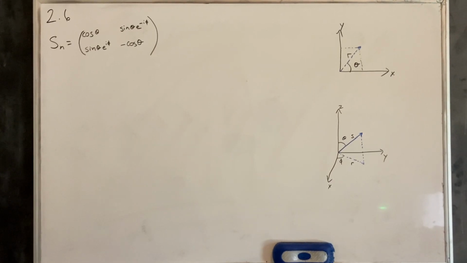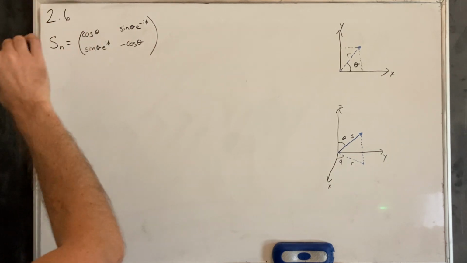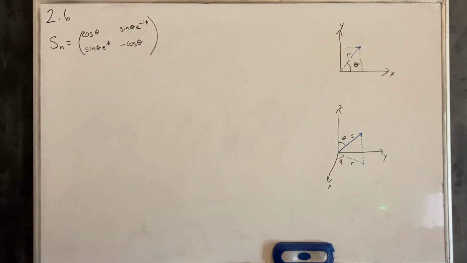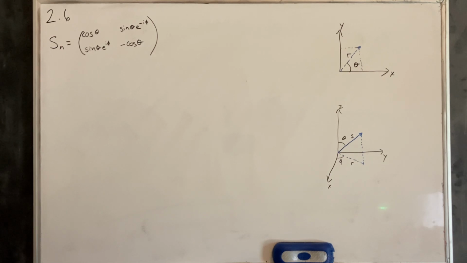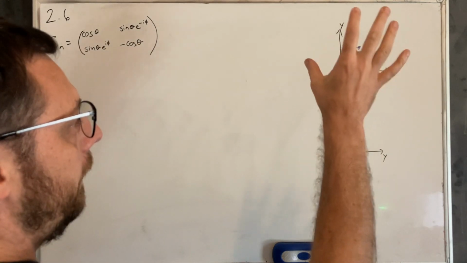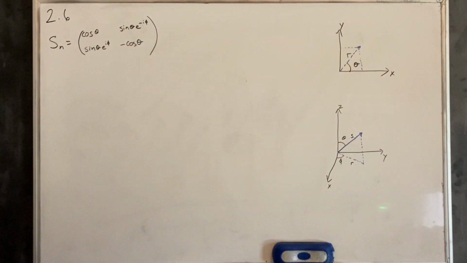Okay, for 2.6, we're wanting to verify that this is indeed the matrix form for the spin operator in any direction. So before we get into that, I'm going to do a review on some Calc 3 type stuff. If you either haven't taken Calculus 3 yet, or like me, just kind of forgot some of the stuff, we'll go over it again. So we've done this whole 2D coordinate system a lot,